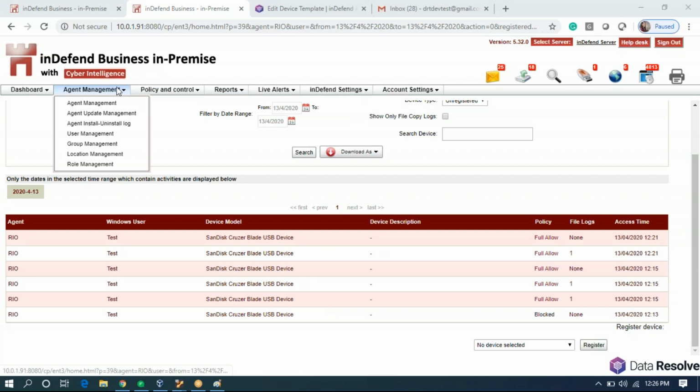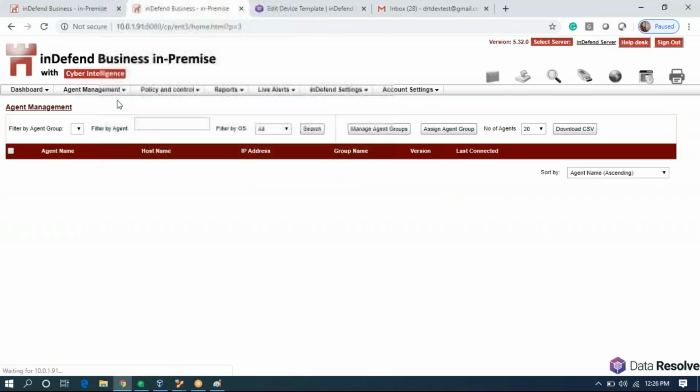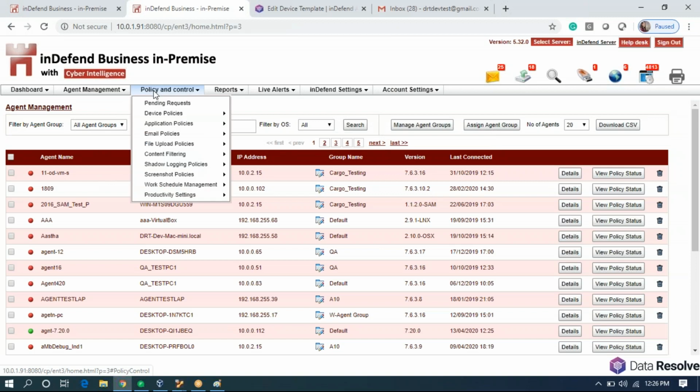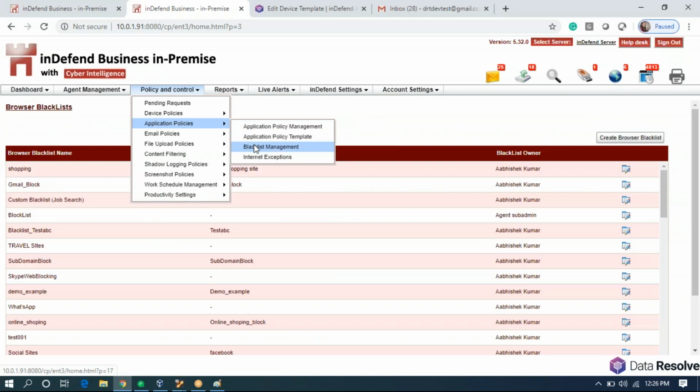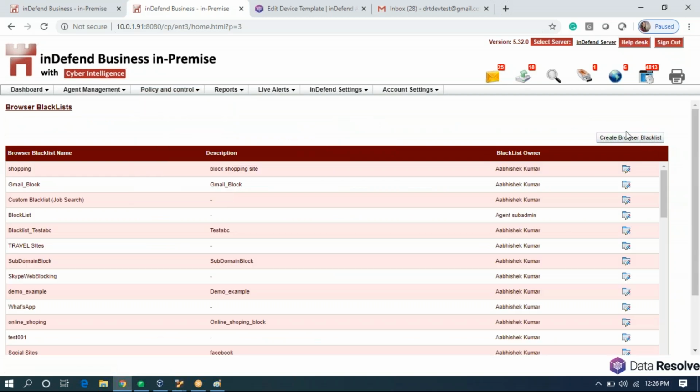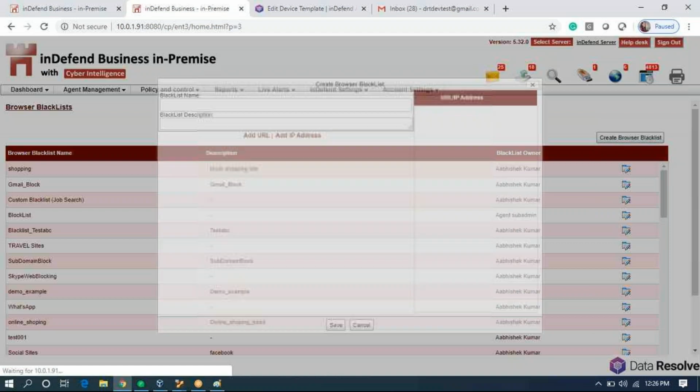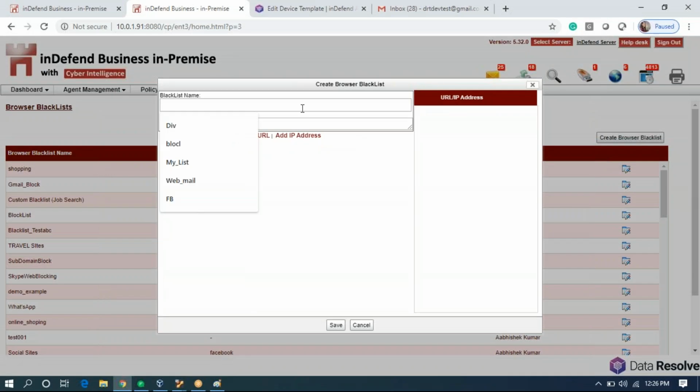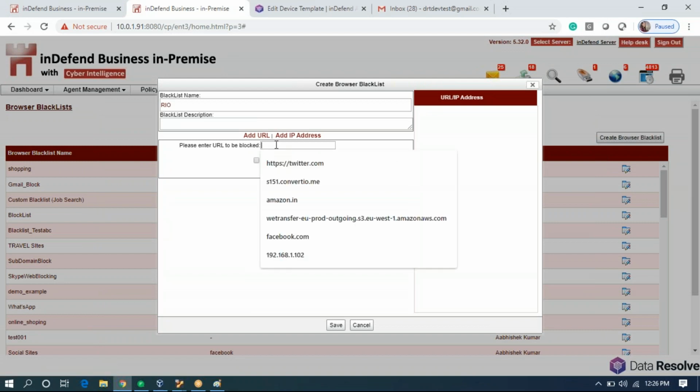Now we will enable the stealth mode. Or fine, we'll just let it be. So next is URL based blocking. We'll go to blacklist management and we will create our own list. You can add any URL or IP address that you would want to block.